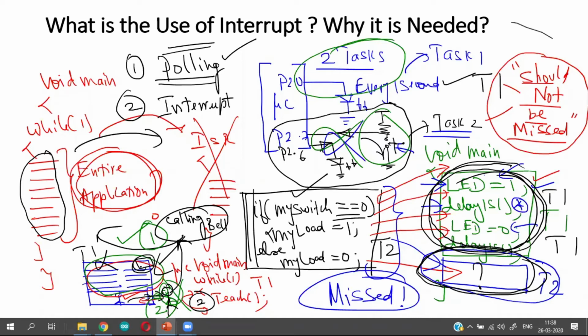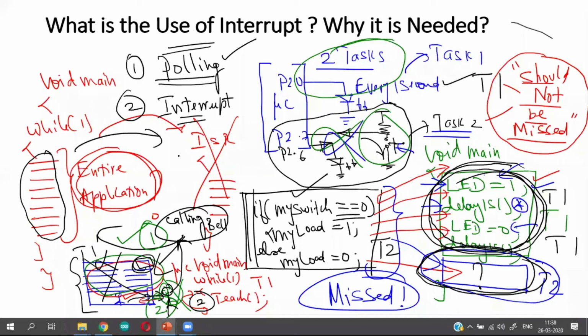Then I know, oh, somebody is waiting there outside for me. It is necessary that I go and attend to them immediately. Then only I stop whatever I am doing. Then only I stop or temporarily suspend my background task, which is taking the classroom. Go out. In this case, I am 200% sure that somebody is waiting outside because only then they press the calling bell. And I go outside and I have information exchange, come back, and then I do my process here. That is the interrupt technique.